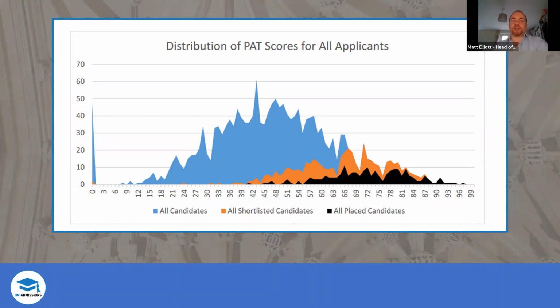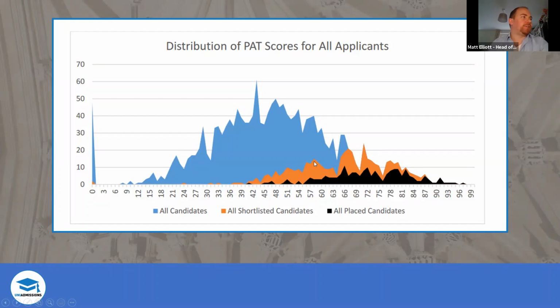So there isn't a formal cutoff for these tests, generally speaking. But as you can see, there is very much an informal cutoff where your chances of getting an interview are perhaps, I'm not sure if they're even 1% below the 40 mark. You want to be doing better than that to get the interview. And you can see at that point the rate at which students are getting interviews moves up really lovely and smoothly as the test scores go up, and then sort of flattens out as the number of students there goes down.